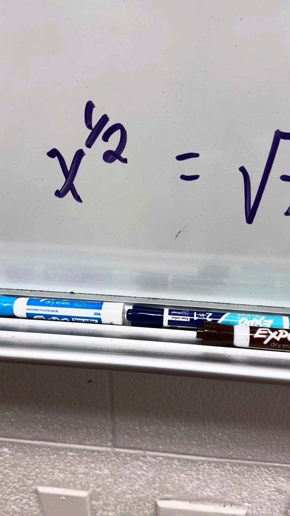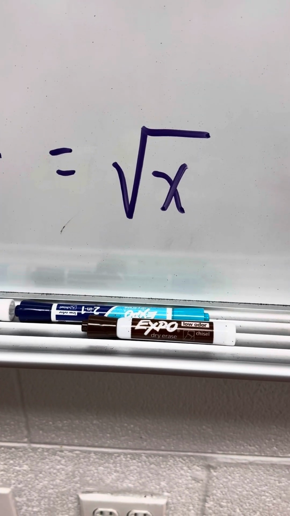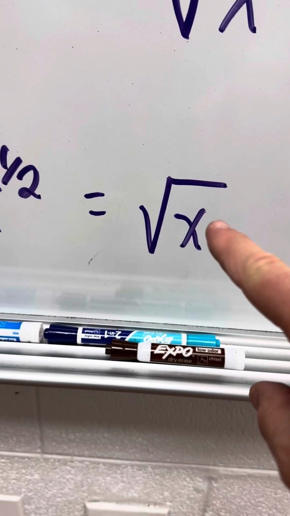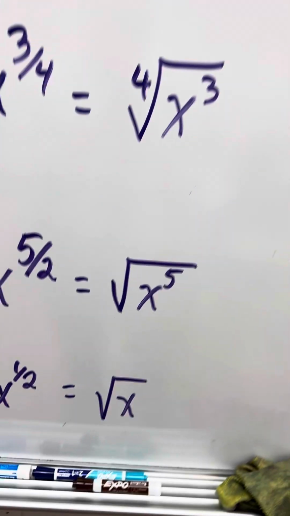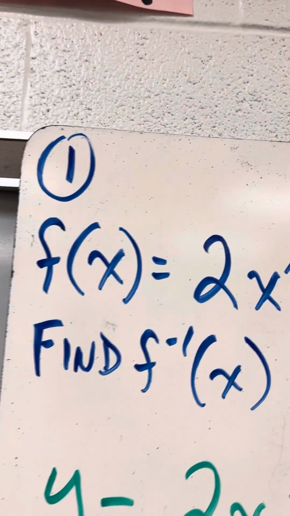x to the 1/2 is the square root of x, right? Because this is a 2 and this is a 1. Okay, that being said,